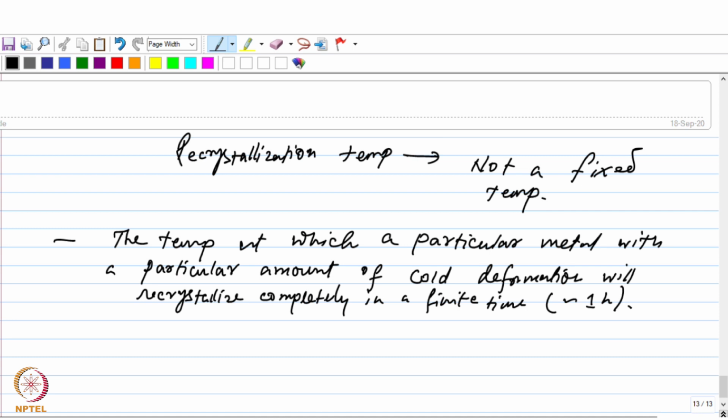Right? So what exactly will be this temperature? As I said, that will also depend on certain other factors, particularly the amount of cold deformation which is given to it prior to the recrystallization. Okay. And with regard to the progress of the recrystallization process, if you want to monitor how the recrystallization process progresses,